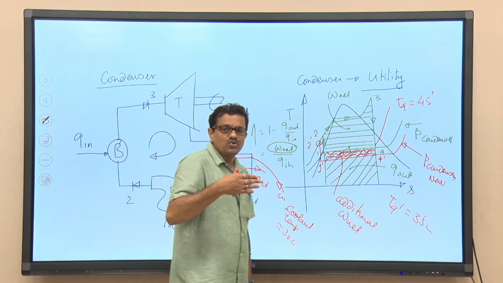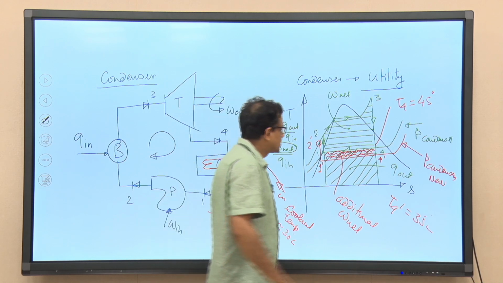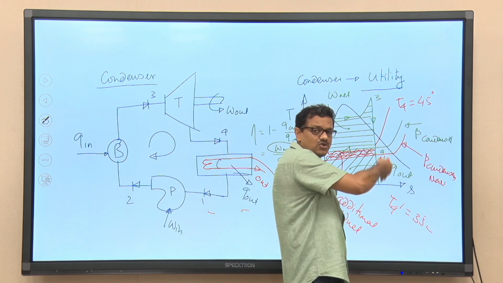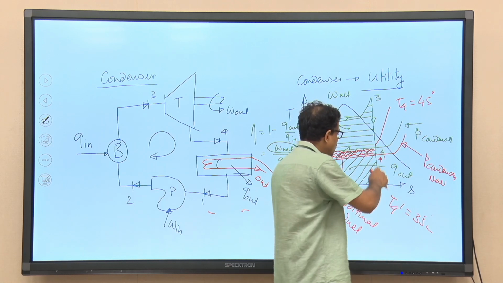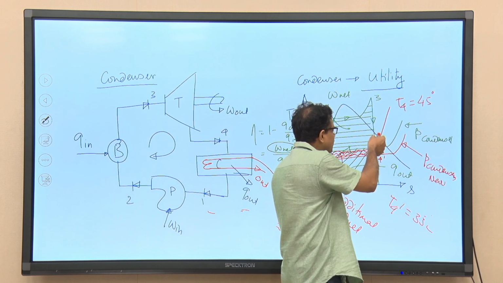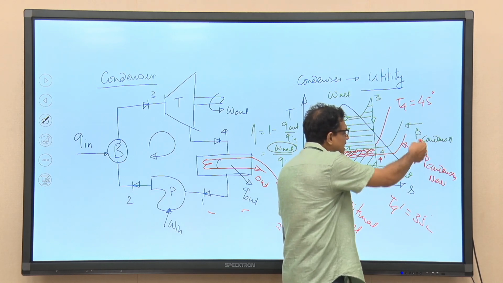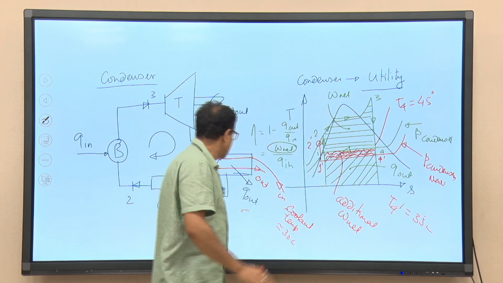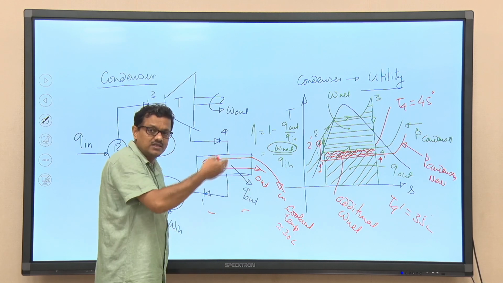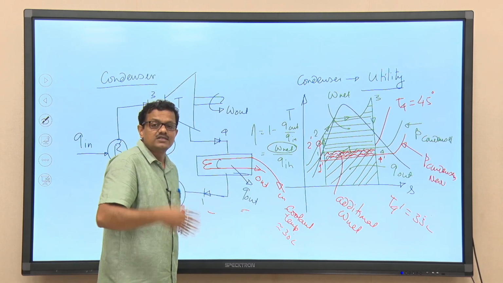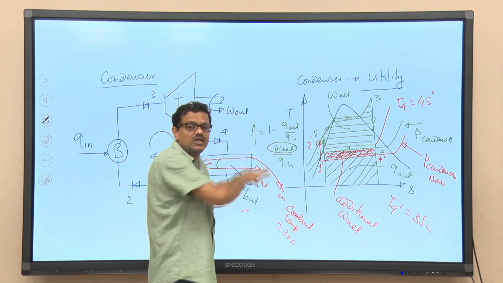So, to account for that particular aspect, condensers are allowed to operate at a reduced pressure, that is, at a lower pressure than the atmospheric pressure. So, when we are allowing the steam to expand further and further, you can see the new P condenser is again less than P condenser. The question is, if I allow the condenser to operate at a pressure which is significantly less than the atmospheric pressure, chances will be there that air might leak through different parts into the condenser.